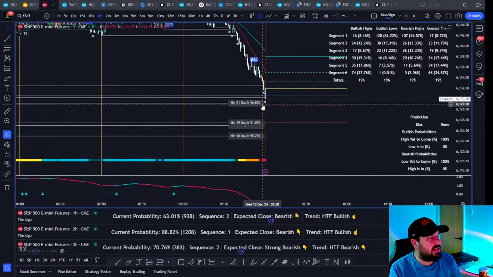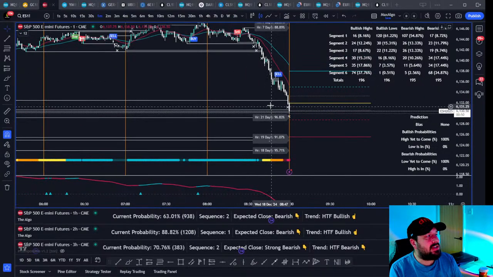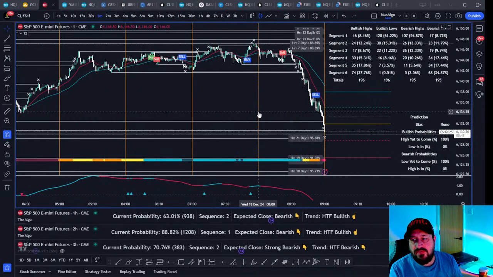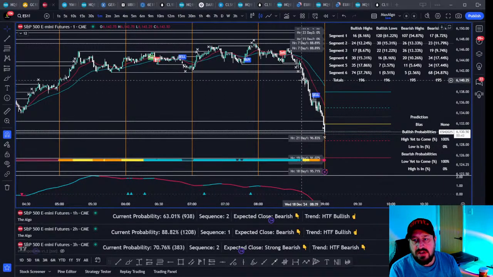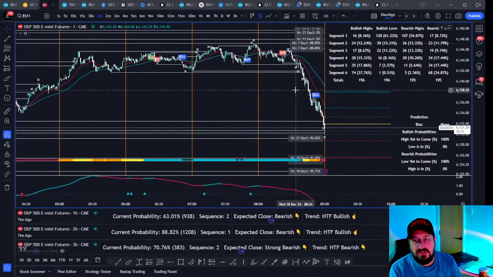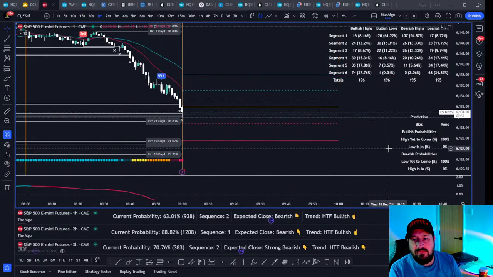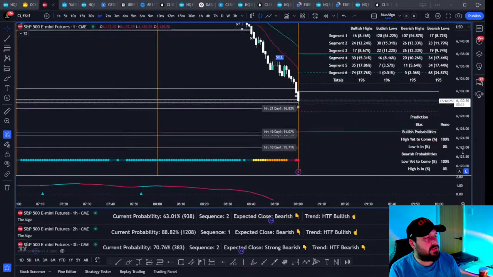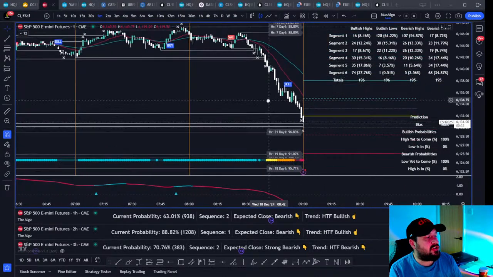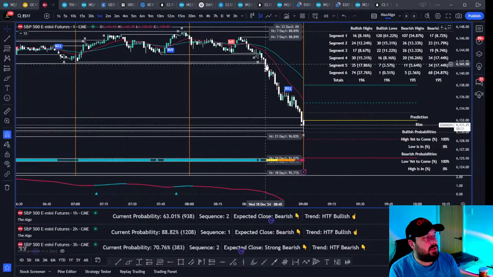There's those high levels getting tapped straight away. I always say with CL, right, I don't wait for a 50% retracement with CL. If I want to get in, I get in, because a lot of the time, especially when short, price just goes. And it's lovely because you get done quickly. So we've just smashed all those levels. So this is the trade where we wanted to be, right?